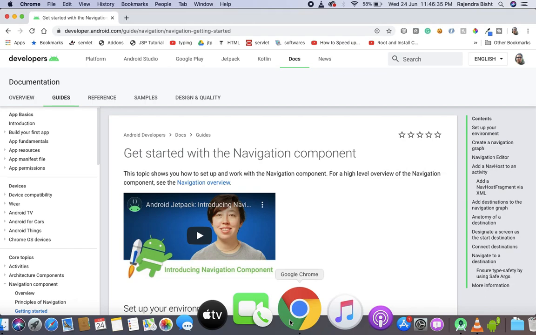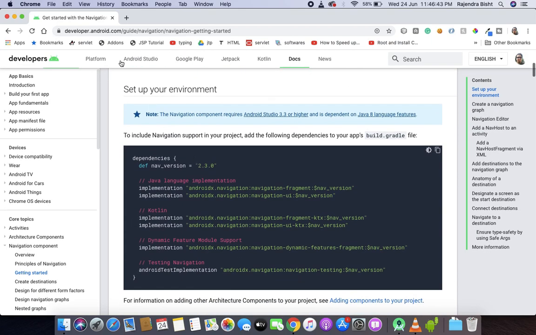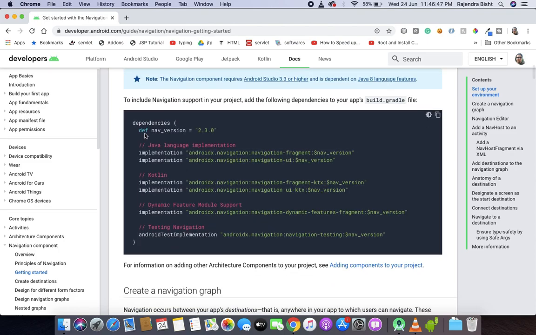First of all, we will add a dependency for the navigation component. You will find the dependencies on developer.android.com.